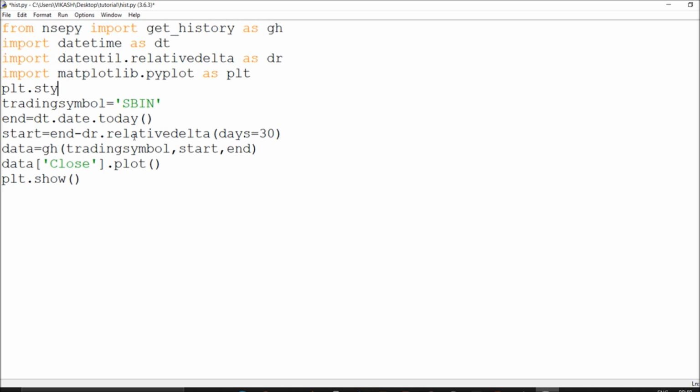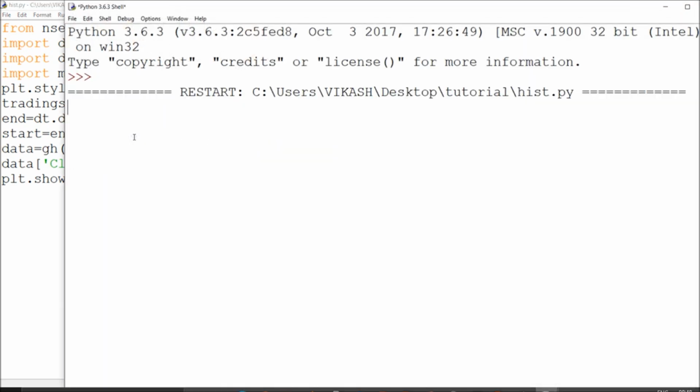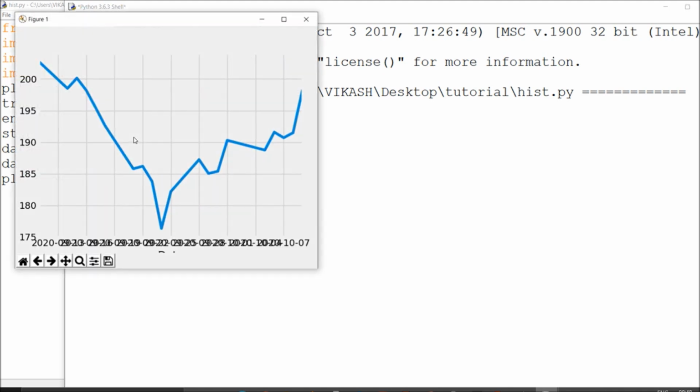I already like this style of plotting, so I will go with this one. This will definitely help.